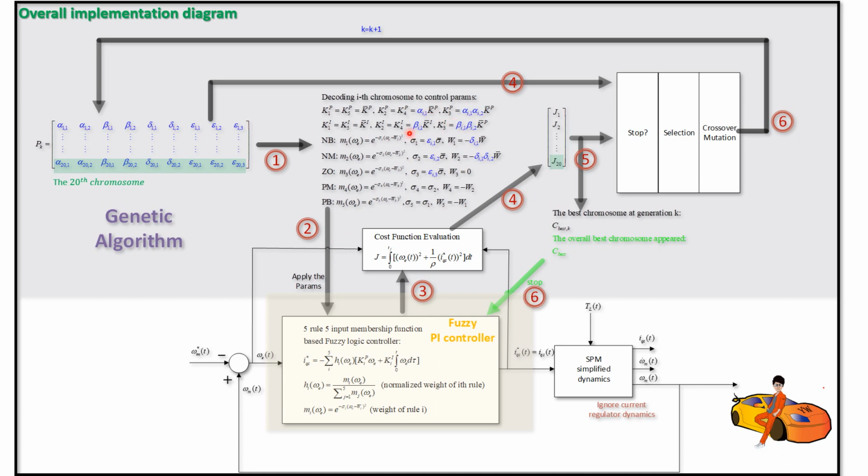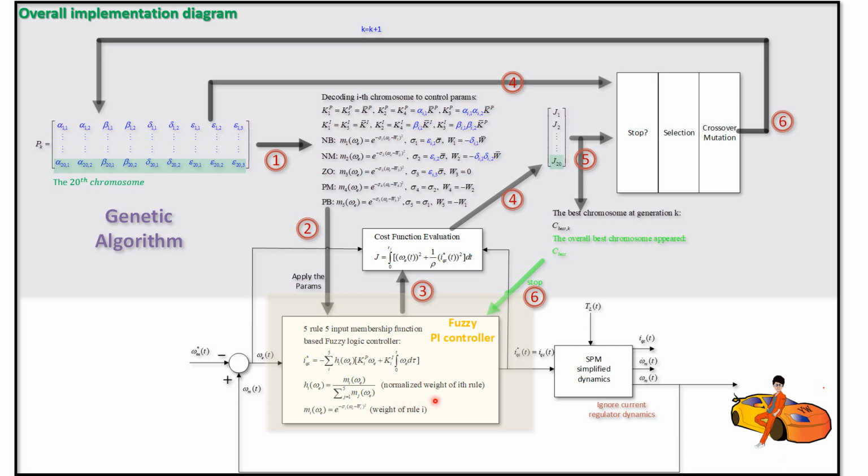After you transfer the decoded chromosome into the corresponding control related parameters, you can start to evaluate this 5 rule, 5 input membership function based fuzzy logic controller,